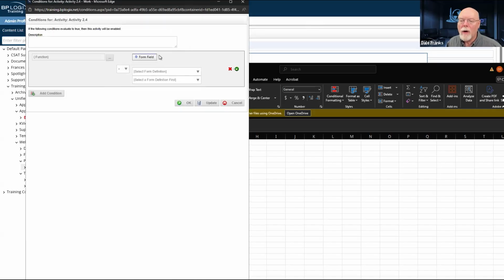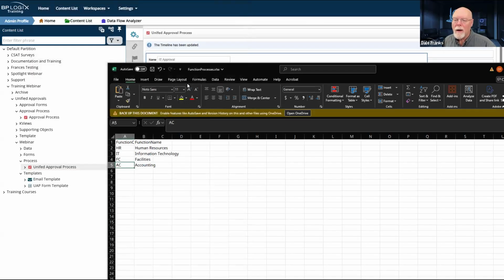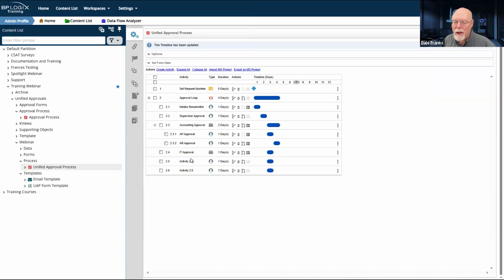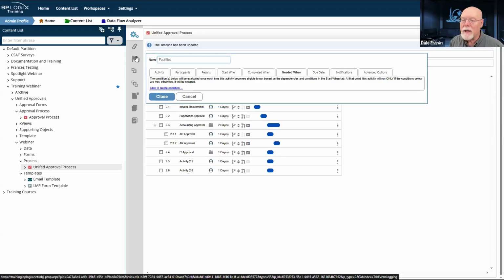And we will set the function to equal IT. Close, that's IT approval. And then we'll go to activity 2.5, which we will call facilities approval.